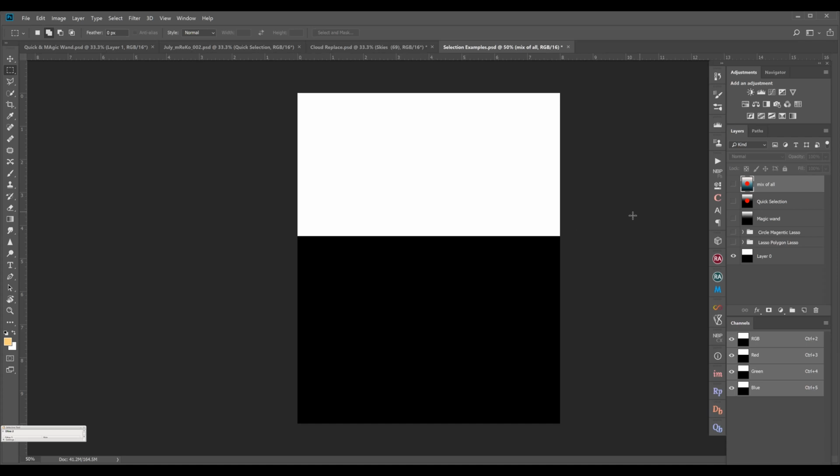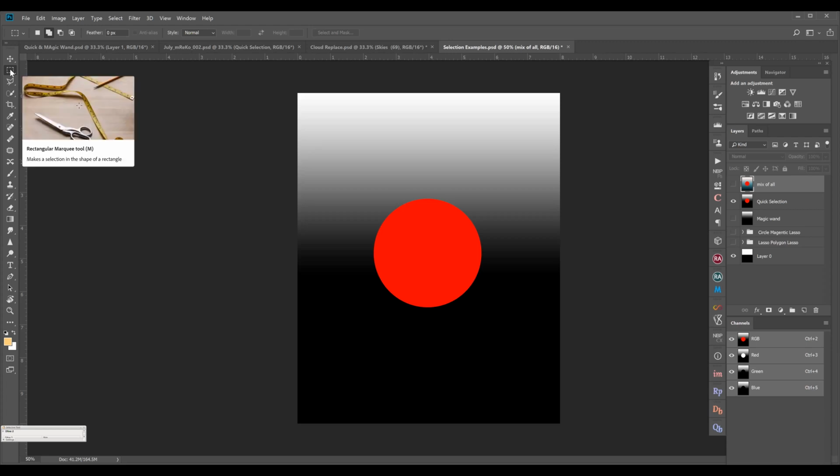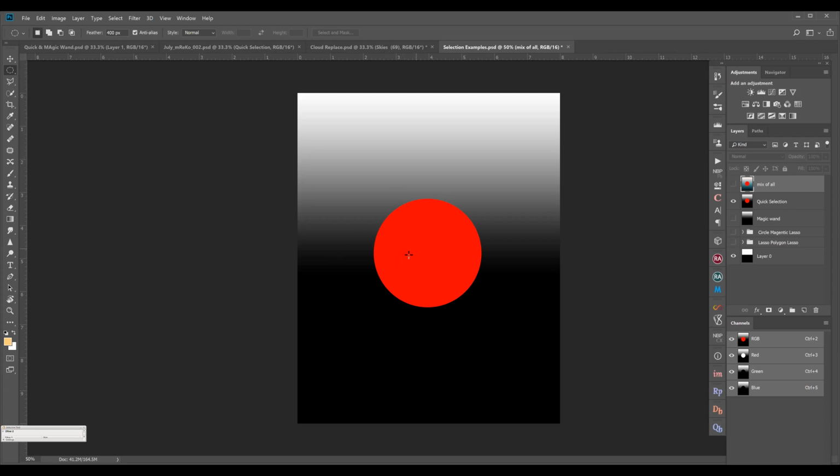Okay, now we have done the selection. Now let us go to the next tool, which is the elliptical marquee tool. The elliptical marquee tool is used to select subjects which are round in shape, like a circle or ellipse. You just have to hover around it, and then it will get selected.